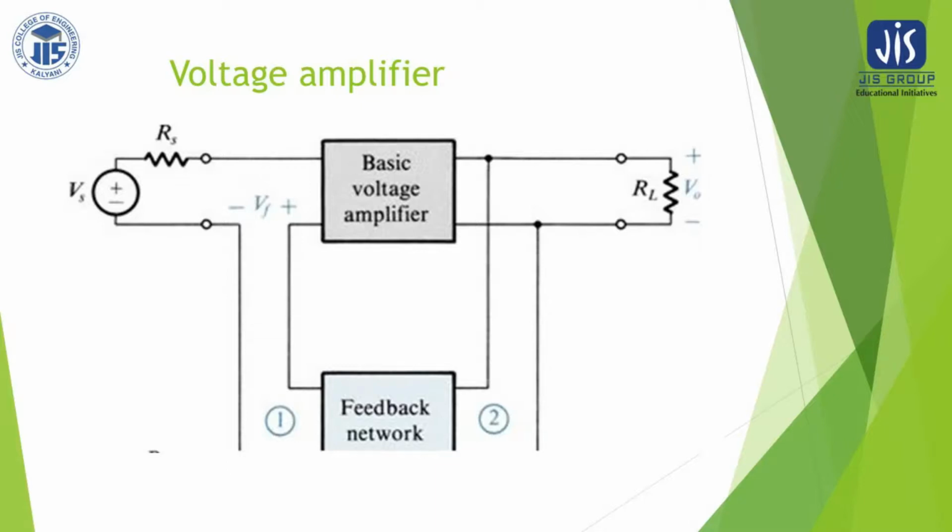Similarly, you need this amplified voltage to be fed to the load. So therefore, what should be the value of this output impedance? That should be very low. Then only this voltage will be maximally fed to the RL. So ideally Ro is 0, but practically this Ro is very small compared to RL. So these are the two basic requirements for the voltage amplifier. So remember, ideally Rs equal to Ro equal to 0, but they are not practically 0.